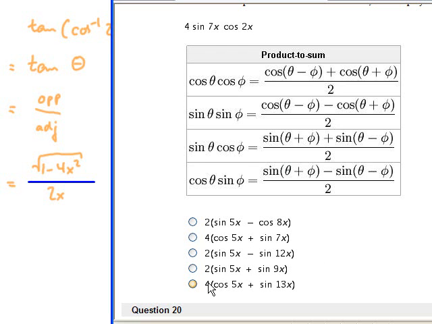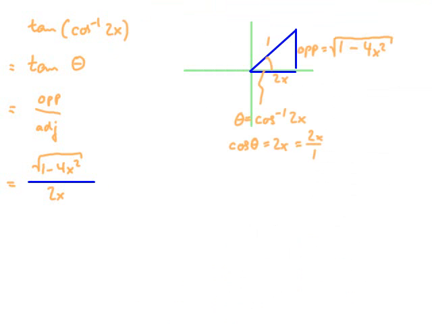And don't necessarily look at whether this one here or this one is correct, because notice there's a divide by 2, so if I happen to have a factor of 2 in there, that could actually divide out. We'll see what happens. Okay, anyway, I'm going to use this one here, and again I need to push it to the side. And number 19 is going to be 4 sine 7x cosine 2x, and then I'm going to use those product to sum identities,